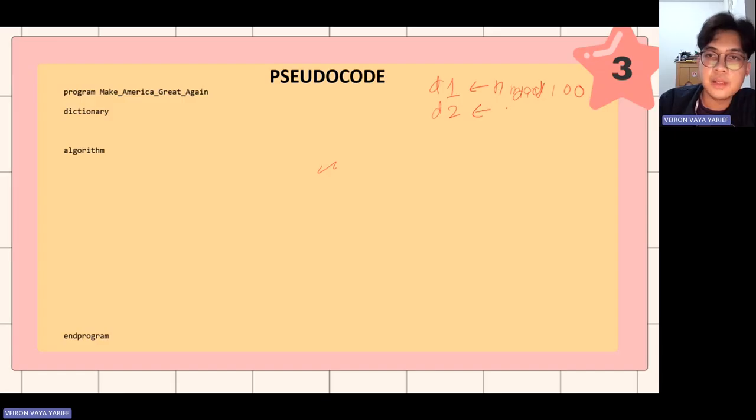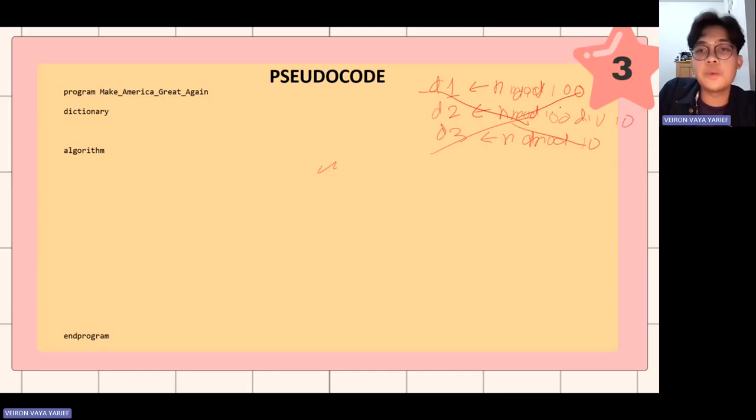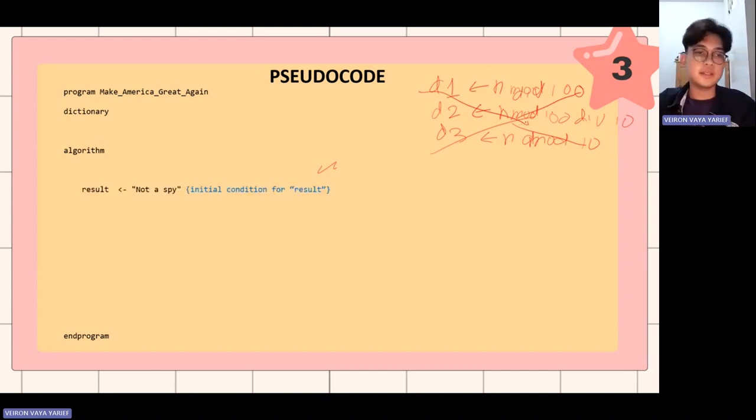Digit 2 will be like n mod 100 div 10. Last digit will be n mod 10. This is wrong. Why is this wrong? It only applies to numbers consisting of 3 digits. In our question, we can have numbers with 4 digits, right?